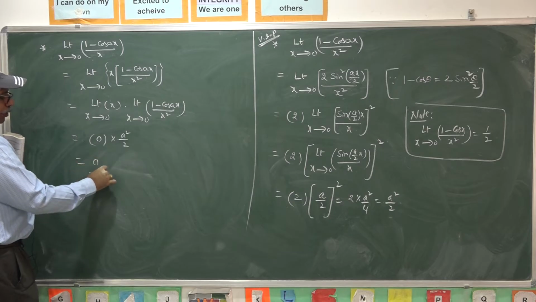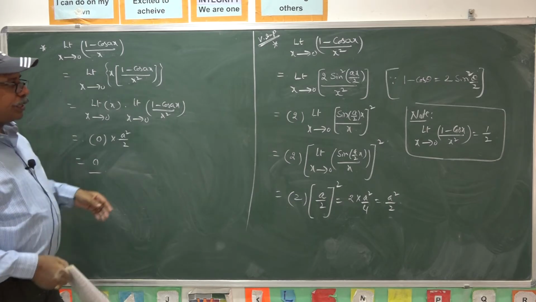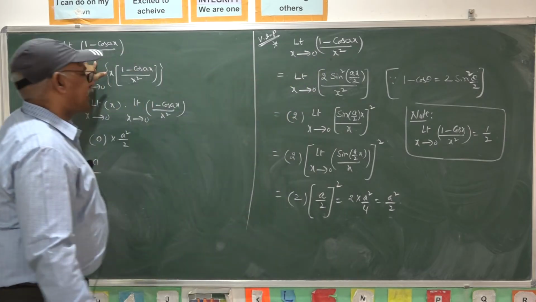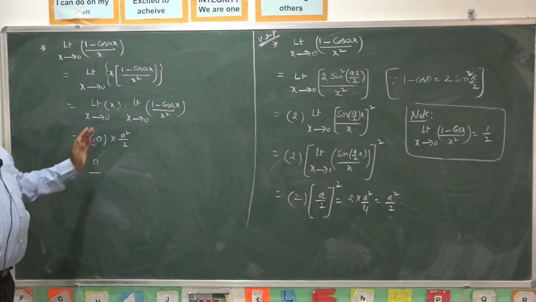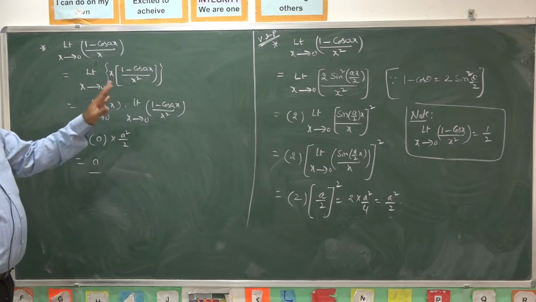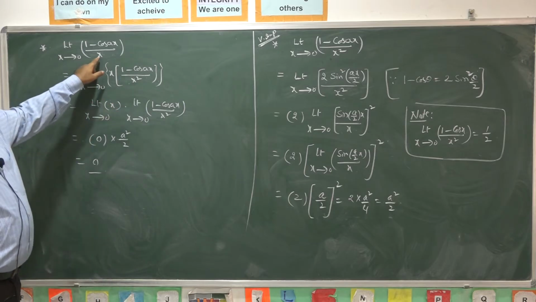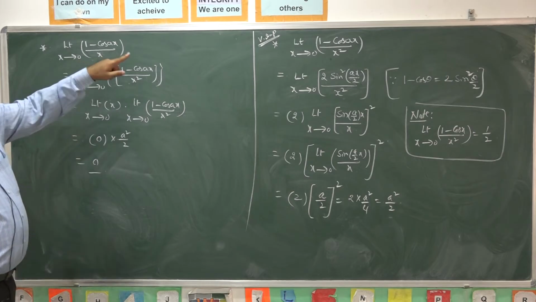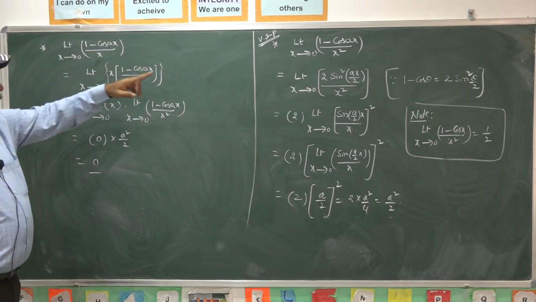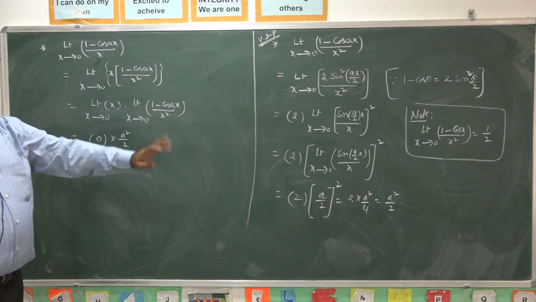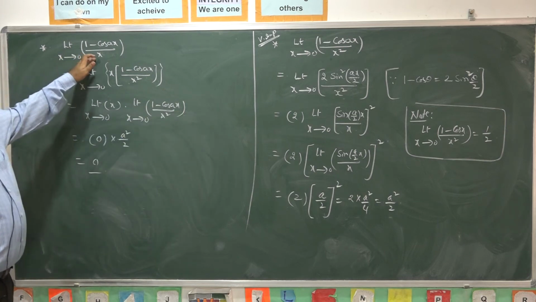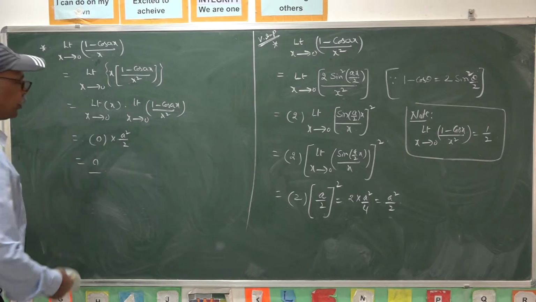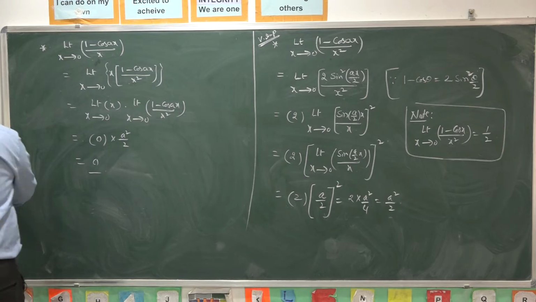So, clearly 0. Instead of x square in the denominator, once it has x, clearly the limit is always 0. That is very important. One should observe the power of the x in the denominator. Once it is x square, the limit takes a finite value and it is a square by 2. Once it is x, the limit takes a finite value, but it is 0. That is the difference that one must observe here.